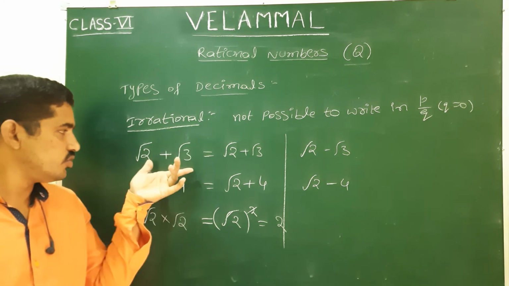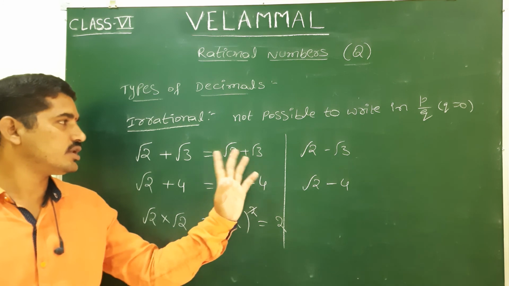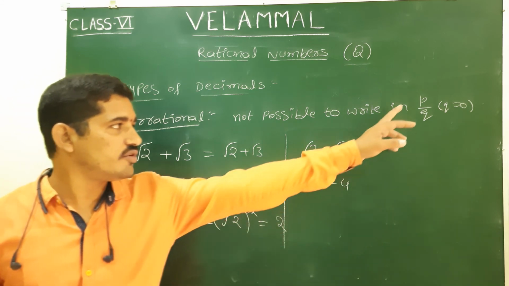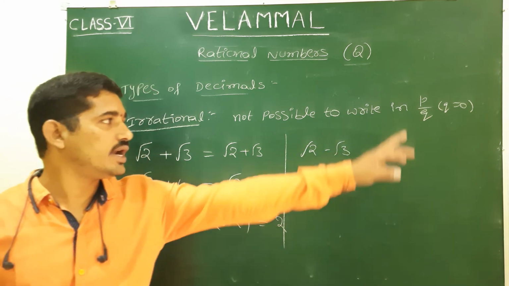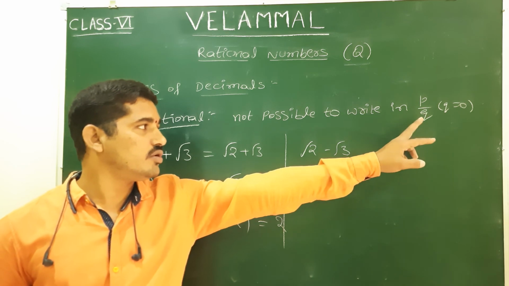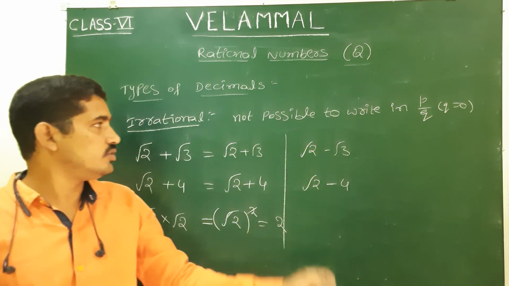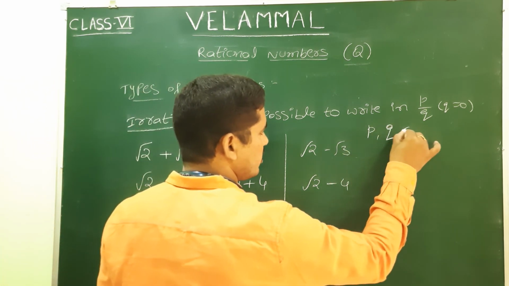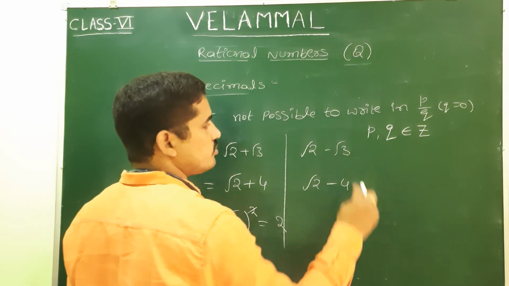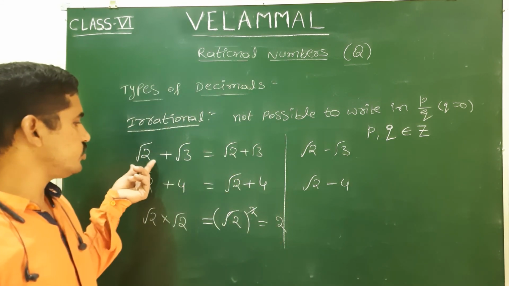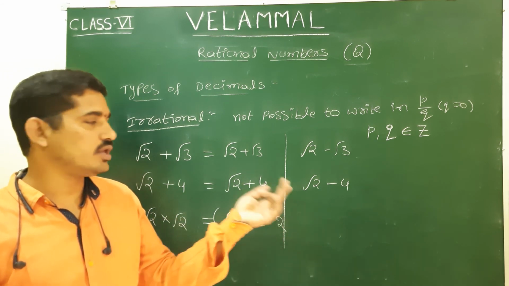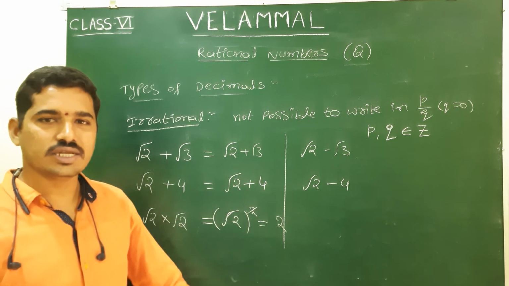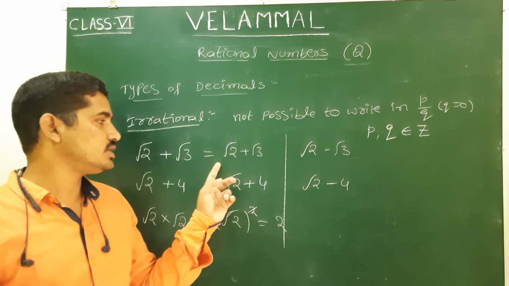So how the irrational number is defined and what an irrational number is, I hope you understood. The number which is not possible to write in the form of p by q is called an irrational number, and here the must and should condition we need to follow is that q should not be equal to 0, and p and q must belong to integers. But here root 2 is equal to 1.414 something, so it is not a rational number, it is a decimal. And root 3 is also 1.732, it is also a decimal.